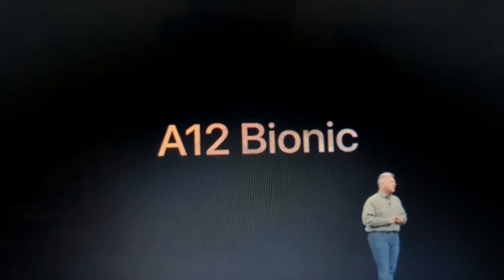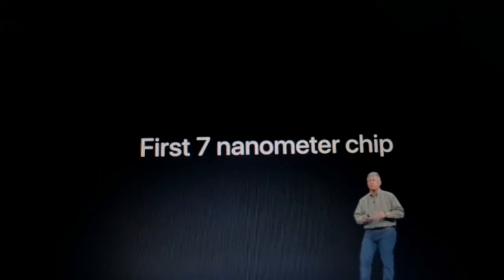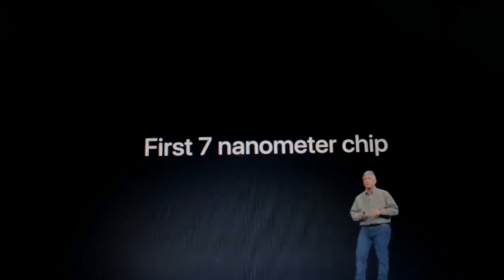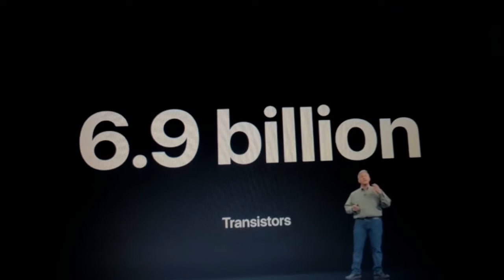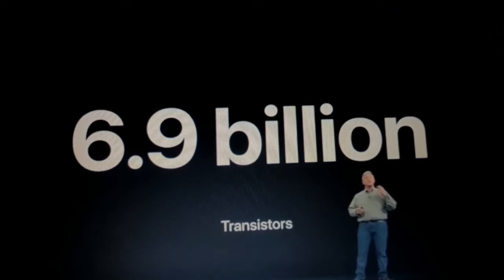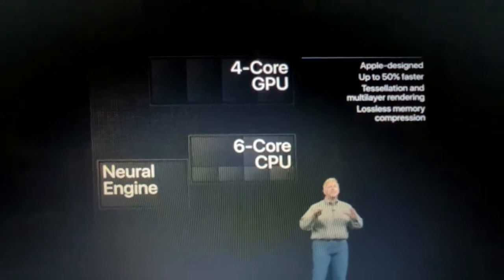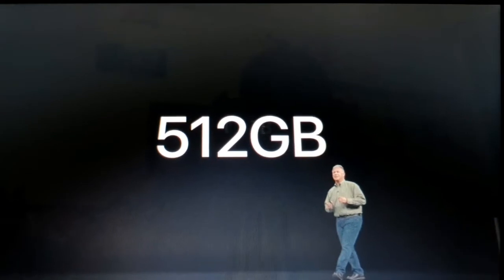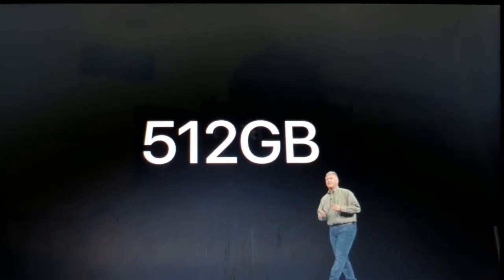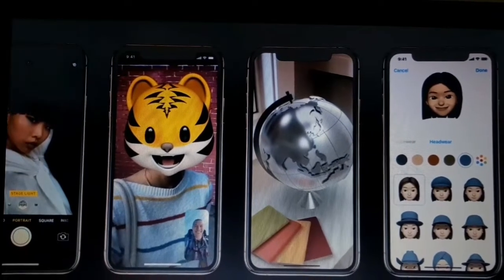Yeah, it comes with the A12 Bionic chip. It is a 6 core chip, and the first 7 nanometer chip. Yeah, this is the first 7 nanometer chip, and 6.9 billion transistors in this single small rectangular chip. Here you guys can see 50% faster than the A11, has a 4 single core CPU, and it comes with 512 gigabytes of storage capacity. Here you guys can see this also comes with AI modes such as